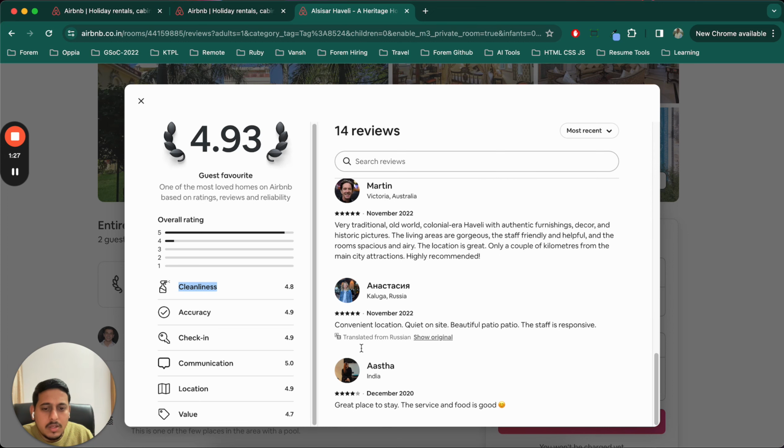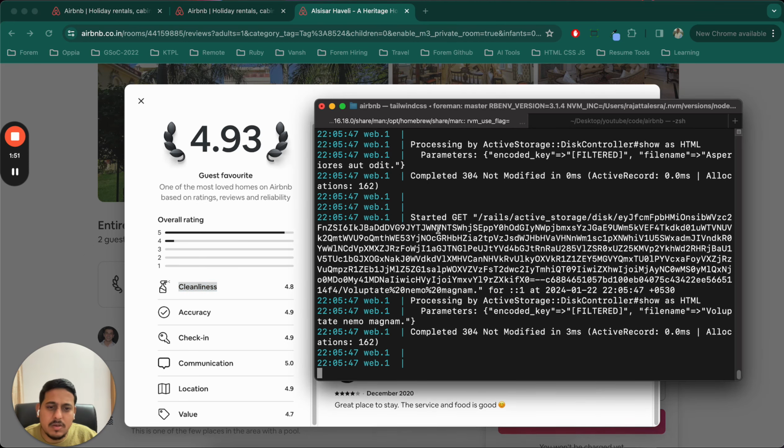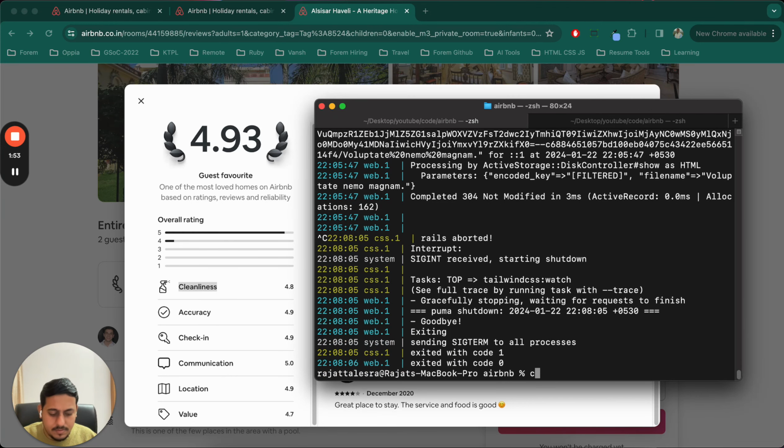For example, this user has a 4 rating, right? So they might have given 5 for cleanliness, 5 for accuracy, 3 for this, 4 for this, 5 for this, 4 for this, something like this. And based on that, they got the average of 4, right? So for that, we will need another value. Let's start with this. I will stop my server,